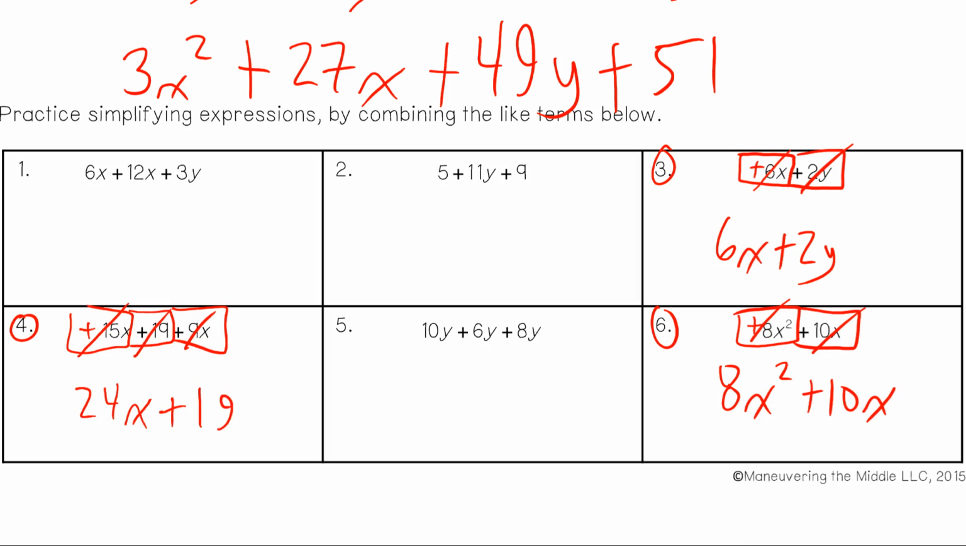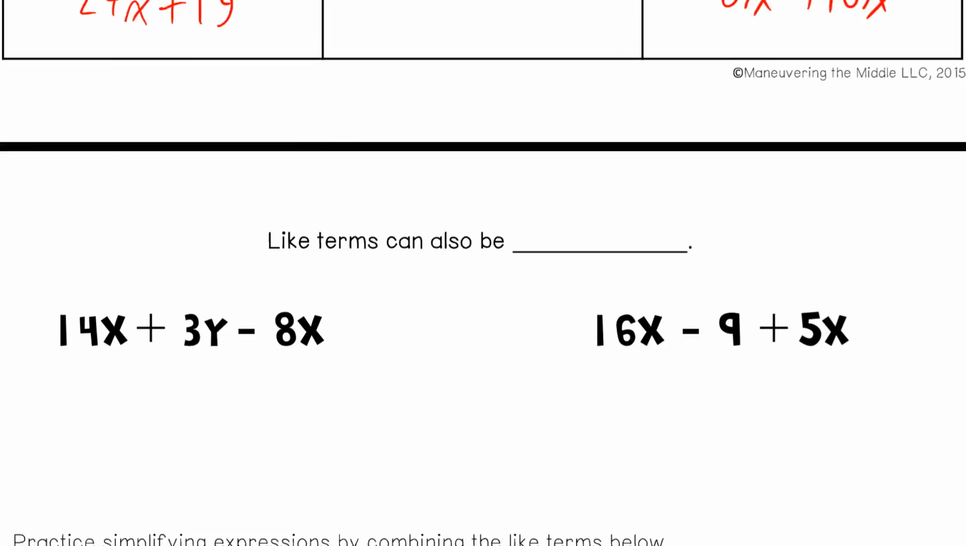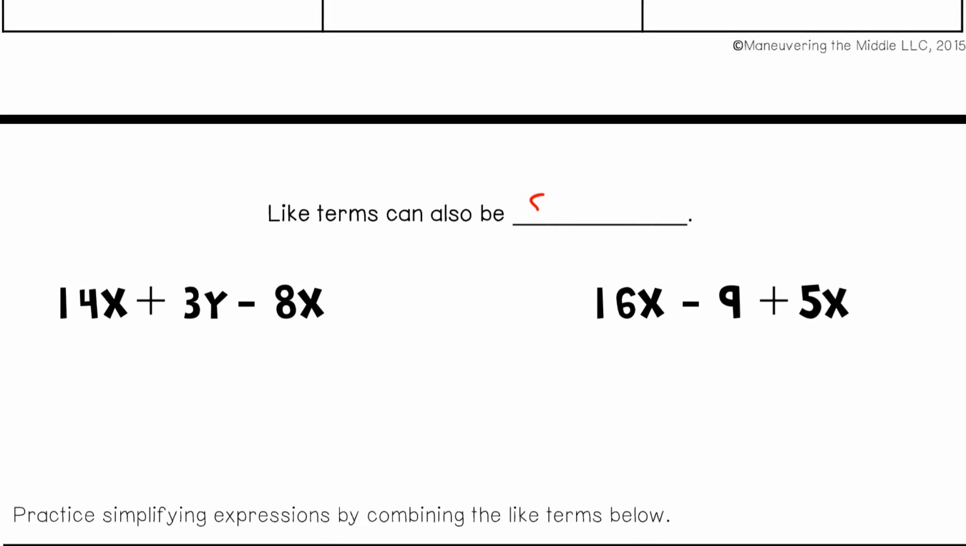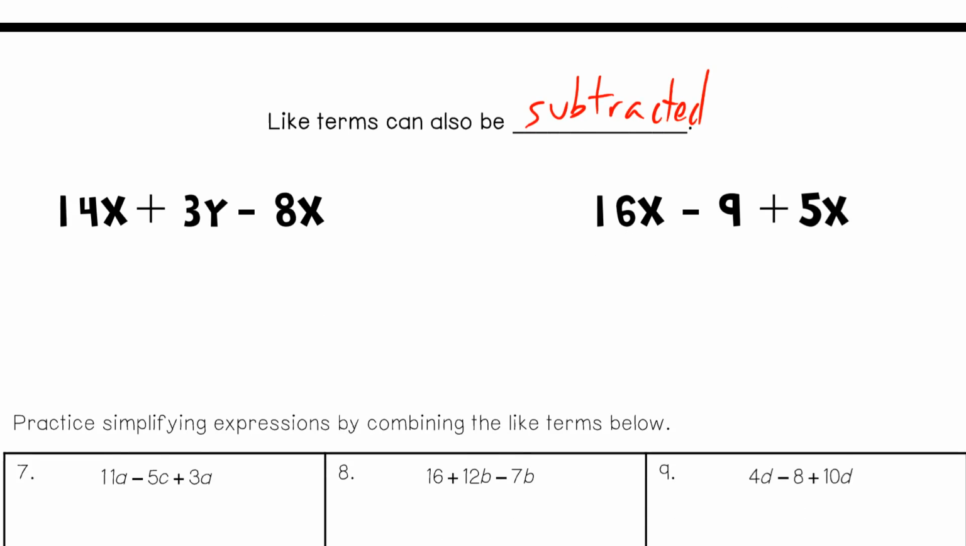So there's 3 more for you to do on your own, and yeah, shouldn't be too bad. Let's look at the back of the paper. Like terms can also be subtracted. And so I have 2 expressions here. So 14x, that's a positive 14x,